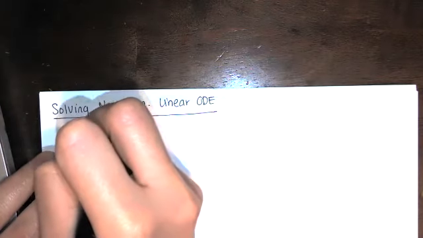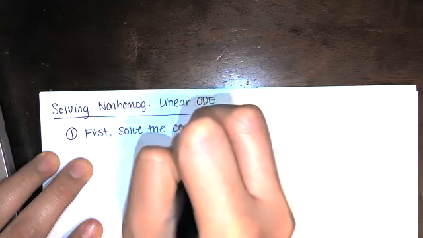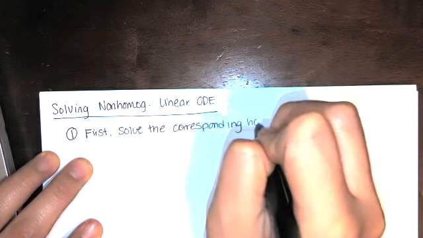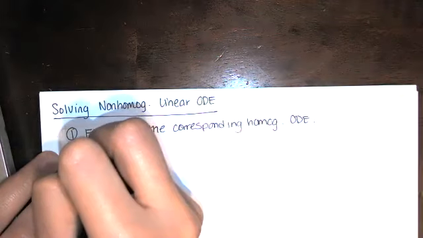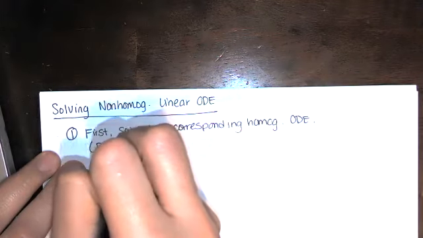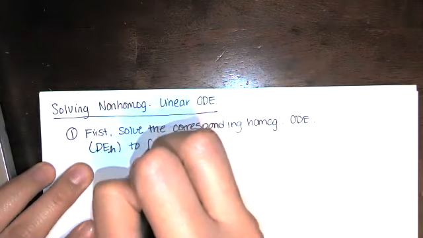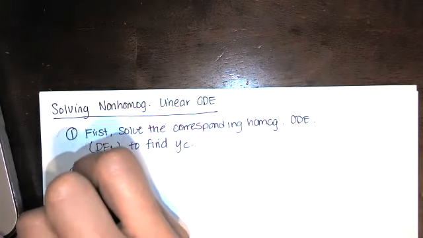First, you're going to solve the corresponding homogeneous ODE, which I will call DE sub H for homogeneous. And that's going to allow you to find that y sub c. And then once you have y sub c,